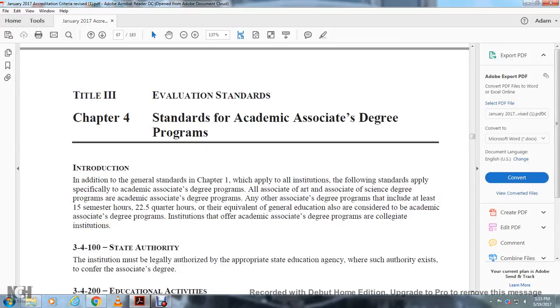Alright, Title 3, Evaluation Standards, Chapter 4, Standards of the Academic Associate's Degree Program. In addition to the general standards of Chapter 1, which apply to all institutions, the following standards apply to the specific academic associate's degree: all associate of science degree programs, the academic associate's degree program, and any other associate degree program that includes at least 15 semester hours or 22.5 quarter hours, the equivalent of